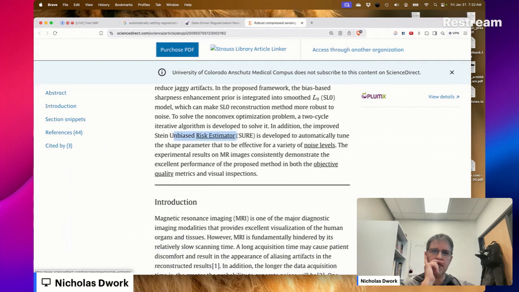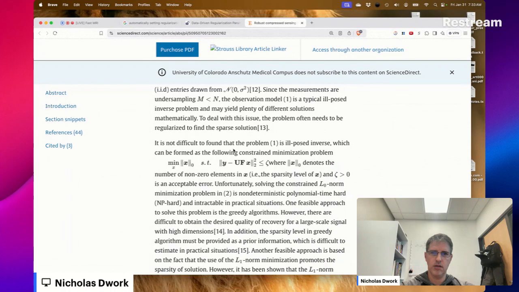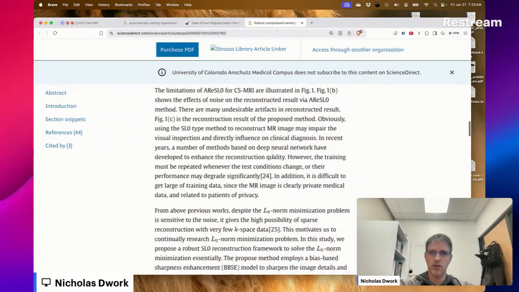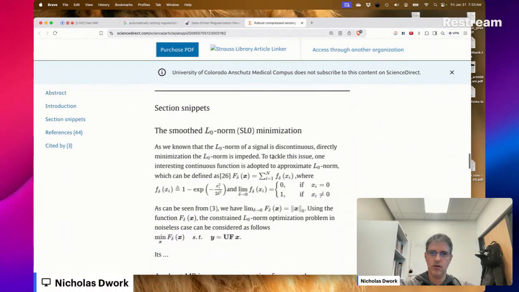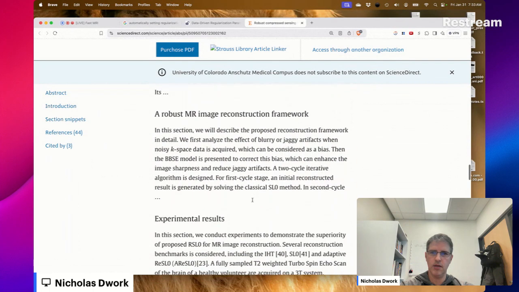The improved Stein unbiased risk estimator is developed to automatically tune the shape parameter to be effective for a variety of noise levels. Smooth L0 norm, okay?